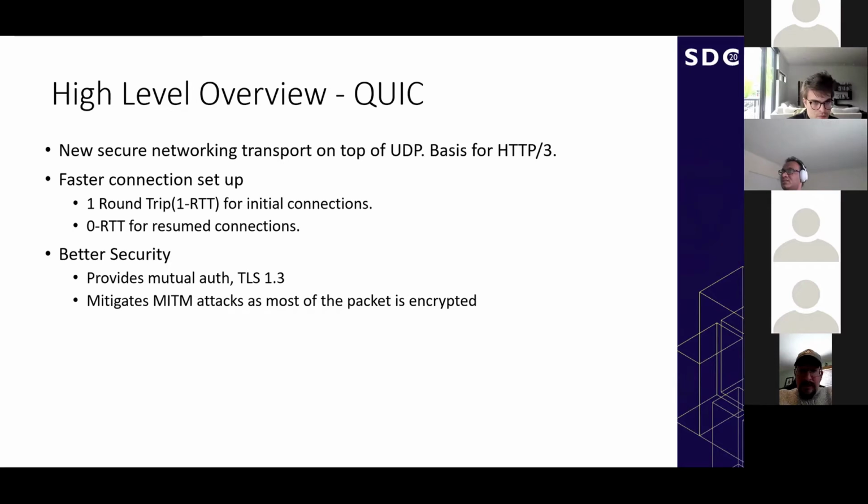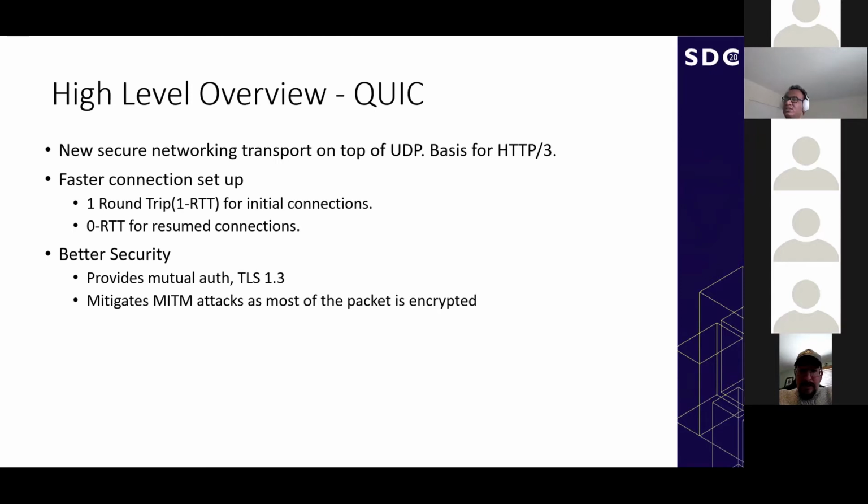So QUIC is a new secure networking transport developed on top of UDP. It was proposed and originally started by Google. It was developed by taking some of the best in-class features from other protocols such as TCP, TLS, and HTTP2. So that way it forms the basis for HTTP3. So QUIC allows for faster connection setup, that is 1 round trip time for initial connections and 0 round trip